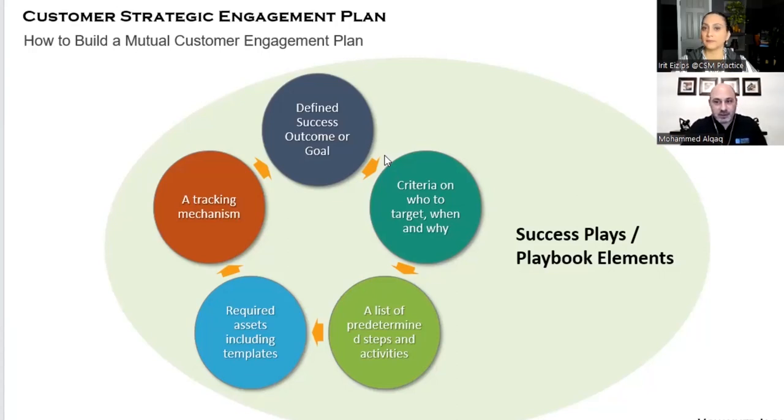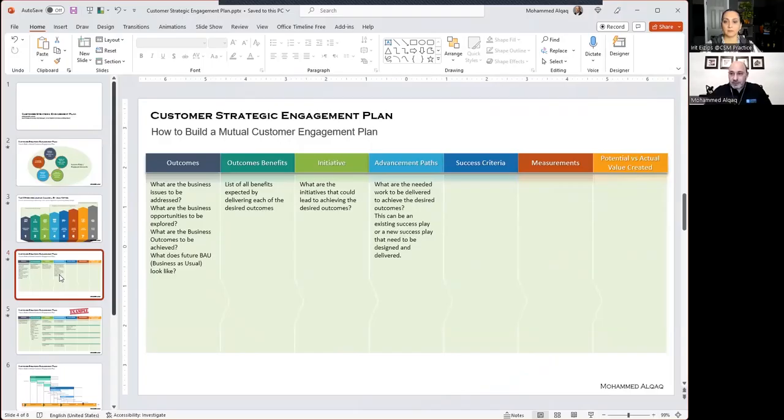And based on our understanding, this is the desired outcome for the customer of this industry, this type of business, based on our product, this is the generic desired outcome for that customer. And we build our success plays, but not all the customers have the same outcomes. As I mentioned, I put this in the leading change context, and I created this framework